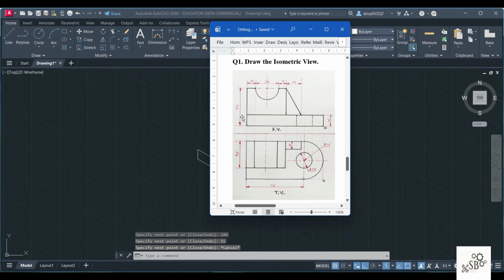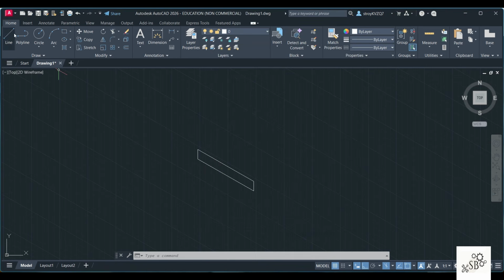After this, we can start drawing this top portion. But if you observe these two lines, the ones below and above, they are at a distance of 15, because this is 35 and this total length is 50. So this is 50 because the radius is 25. So in that case the small distance is 15. So I will again go to line from here. At this point I want to go behind. Now you can see this is going up or going to the left because iso plane left is on. So I will have to change my plane.